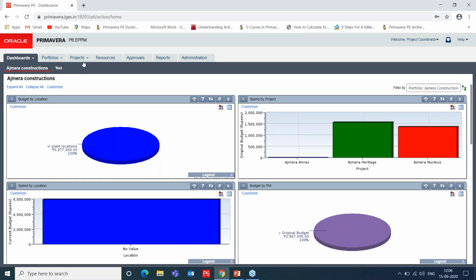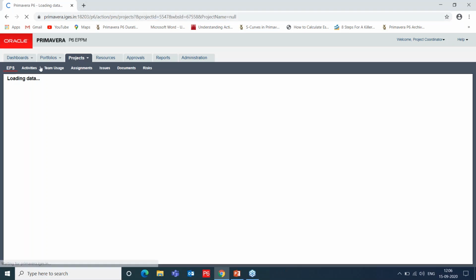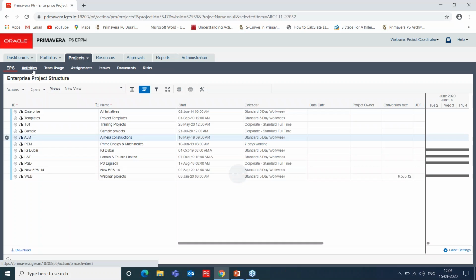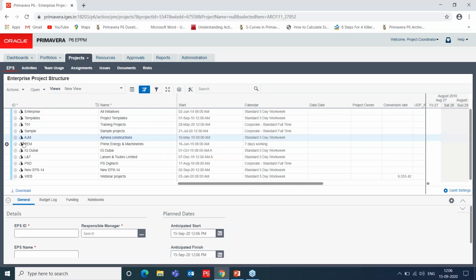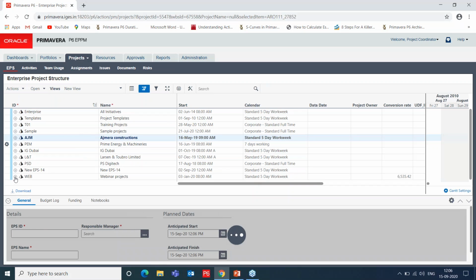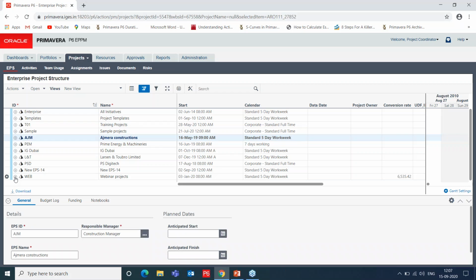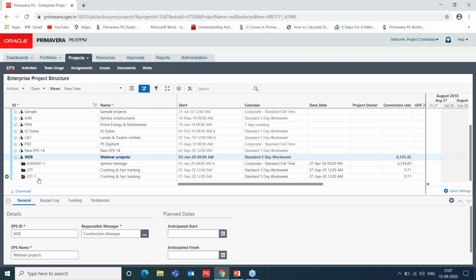When it comes to viewing the projects, we need to go to the project section, where we can see the EPS, activities, team usage, and assignments of the particular activities. So let's wait for the screen to load here. And the screen has been loaded right now. We can see these are the EPS. EPS denotes the various subdivisions in an organization where our projects will be located. We can see our project is located in this section, webinar projects, and the project has been already